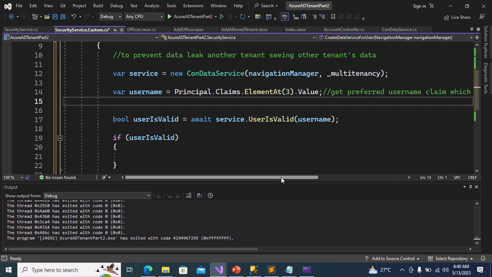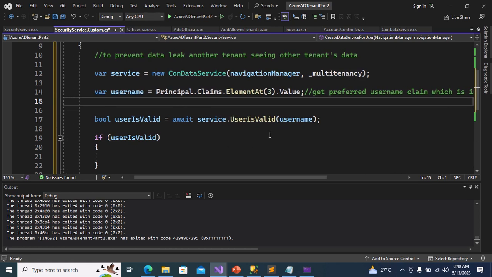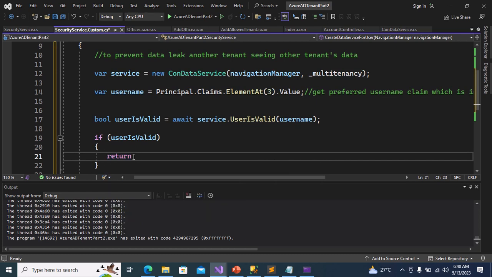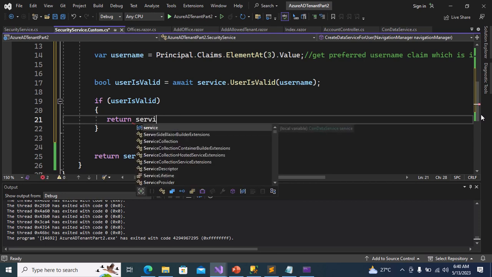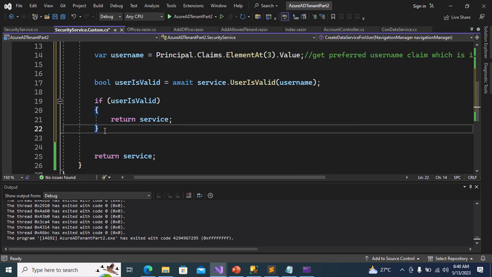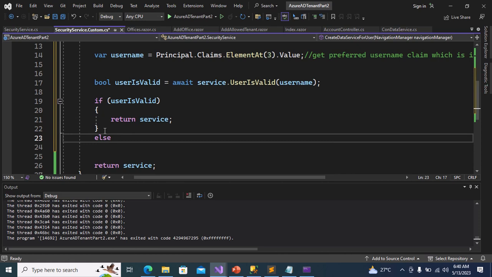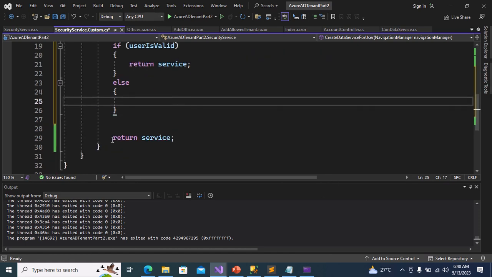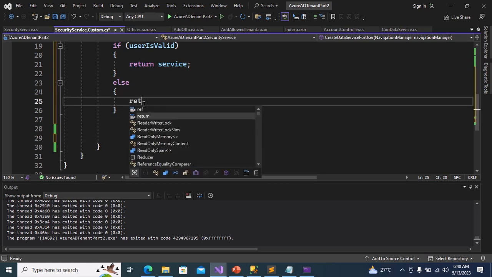That gets preferred username claim, which is in email format. So if user is valid, return service. Else,